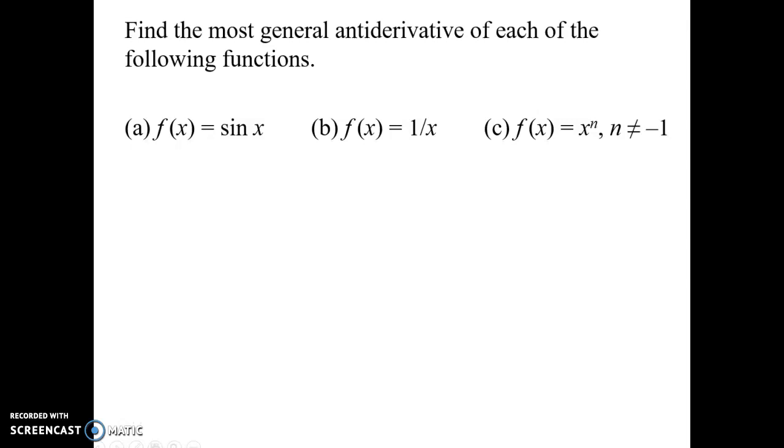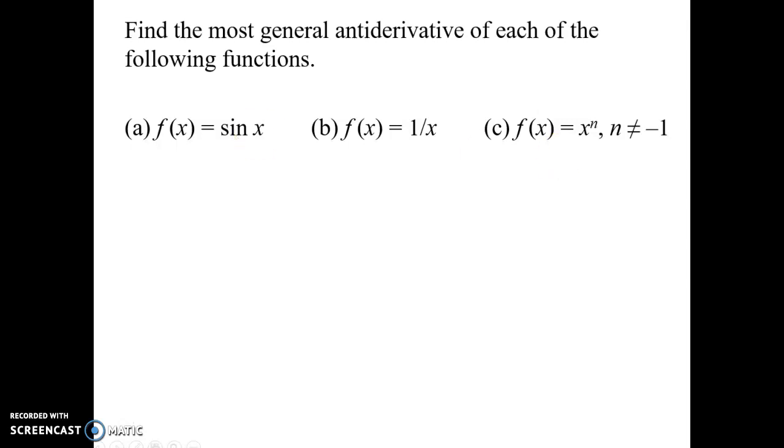So we were talking about the general antiderivative. I want you to think backwards now. If we know all our derivative rules, we should be able to go backwards for some relatively easy functions. For instance, if I knew that the derivative function was sine of x, what would be the function whose derivative